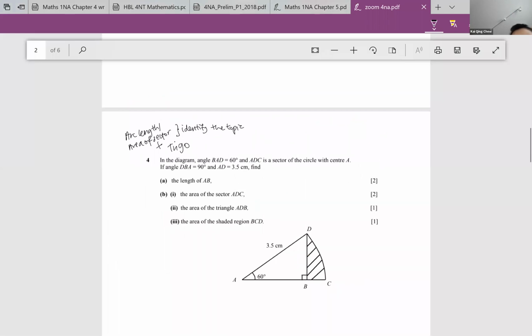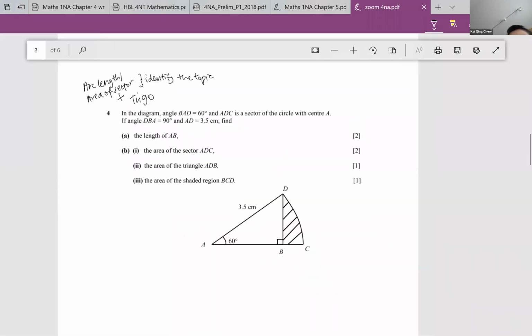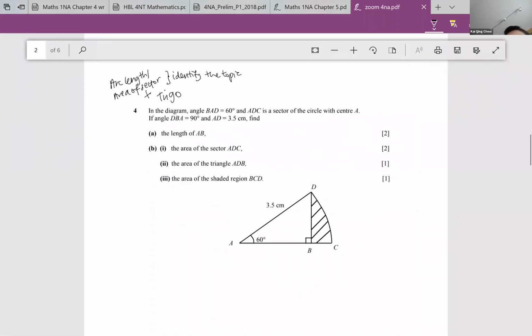Okay, so N levels is like that. They like to mix topics. It's not so simple as one topic, one question usually. Okay, so let's look at the first one. Length AB. So just now I already gave you a clue, right? It's a right angle triangle. So I think of trigo, right? And because it's a right angle triangle, I think of either Pythagoras theorem or